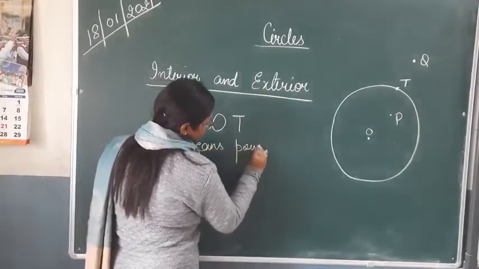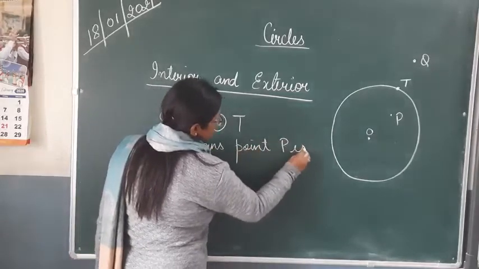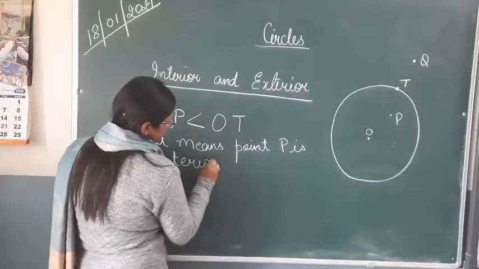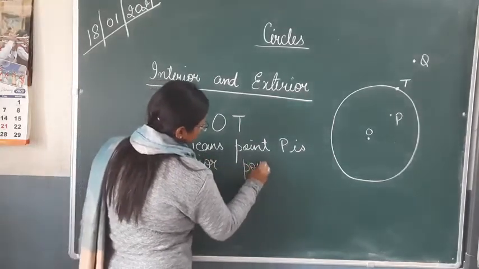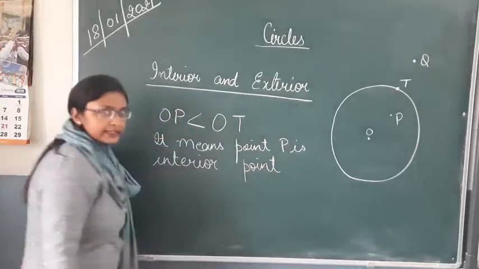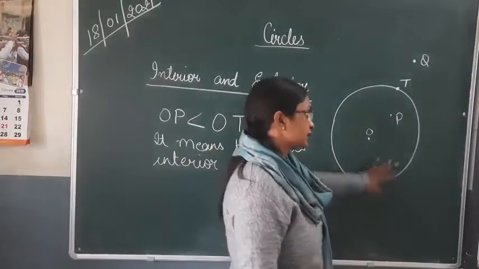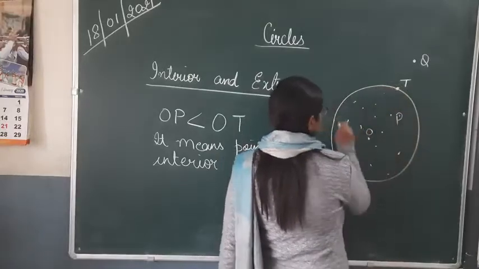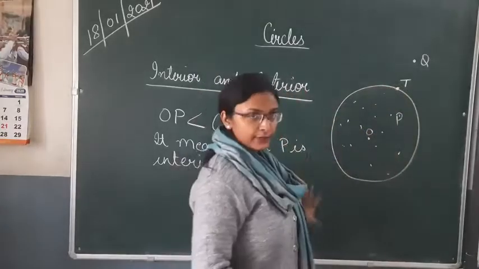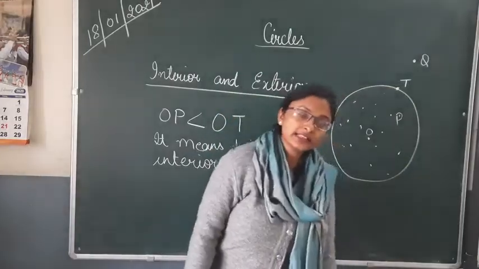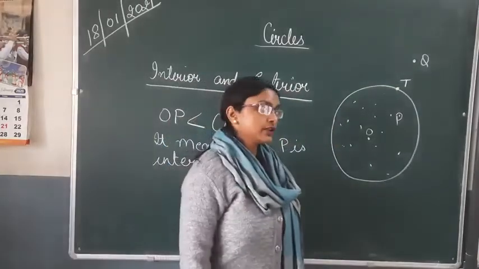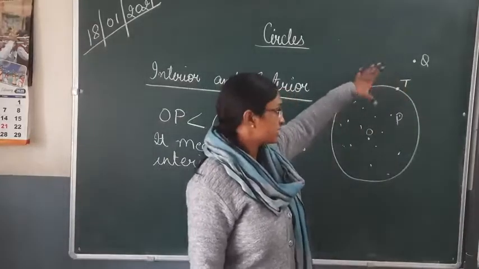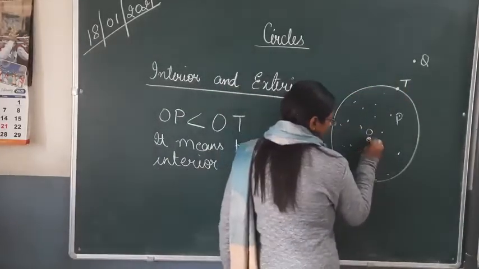It means that point P is an interior point, and the collection of all the interior points of a circle will be known as the interior of the circle. Okay, and there is a point Q outside of the circle such that the length of OQ,